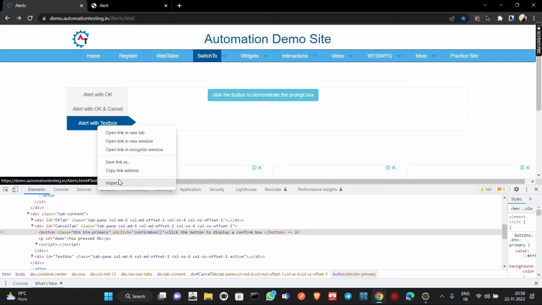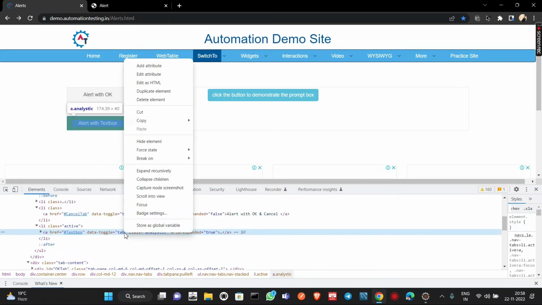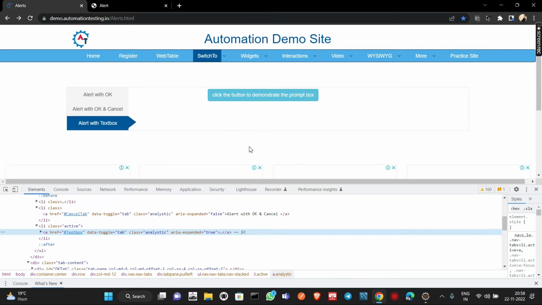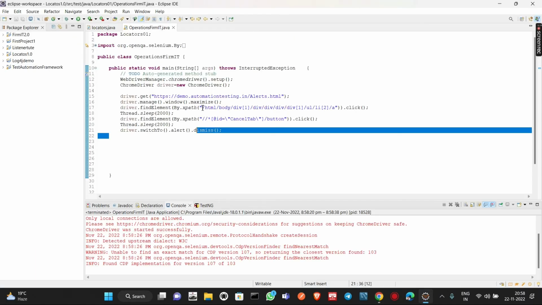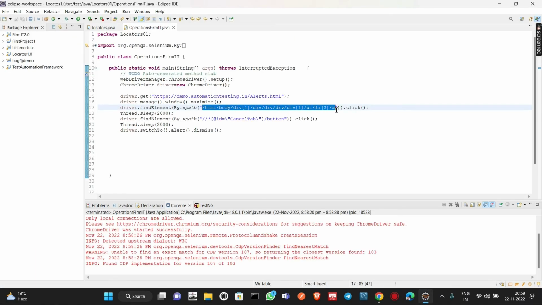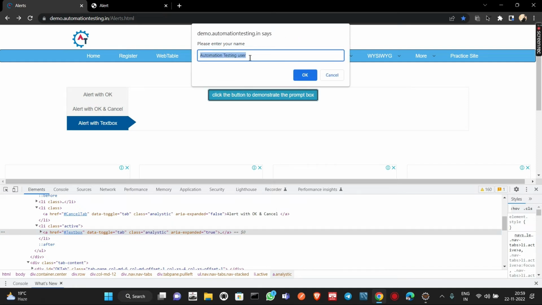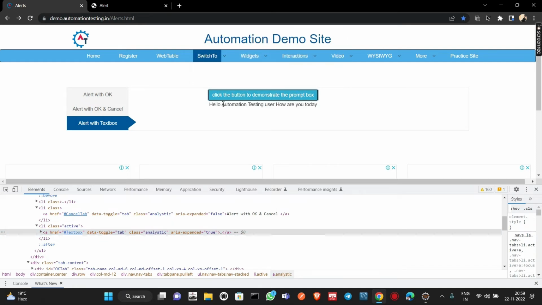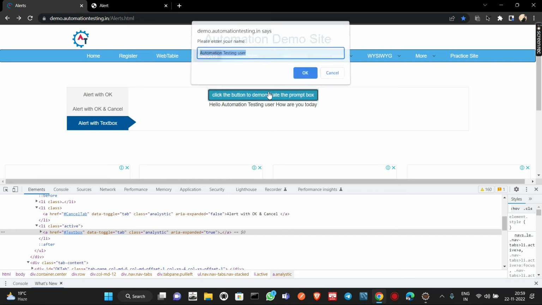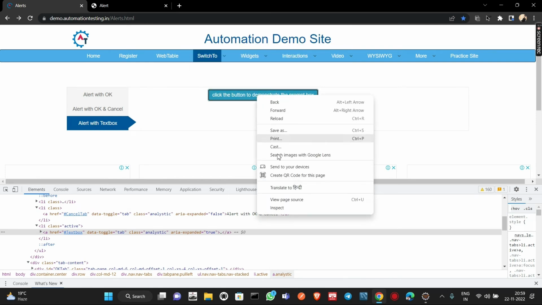So let me inspect this particular icon, copy its XPath, and then we need to find the element and click over there, right? So Control B. We click over here, and then this light blue button will appear, and then we need to click over here and send some name, and then it will come over here. Automation testing user, it was written, right? So it will come over here, and "Hello, how are you today" is the default text, right? So we have clicked over here, and then we need to click over here, and